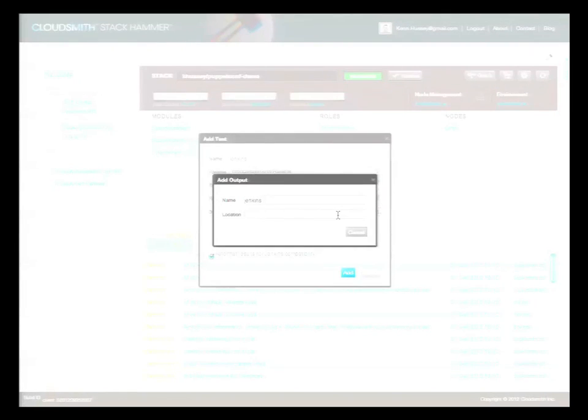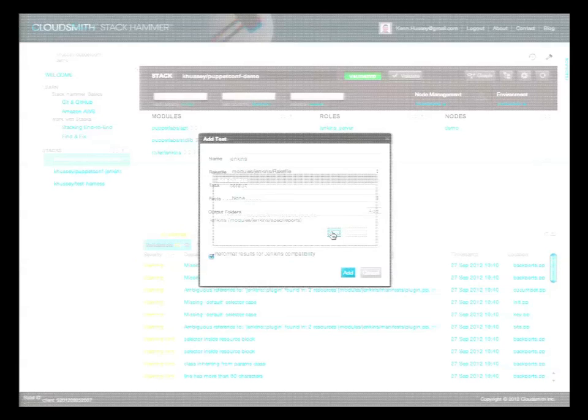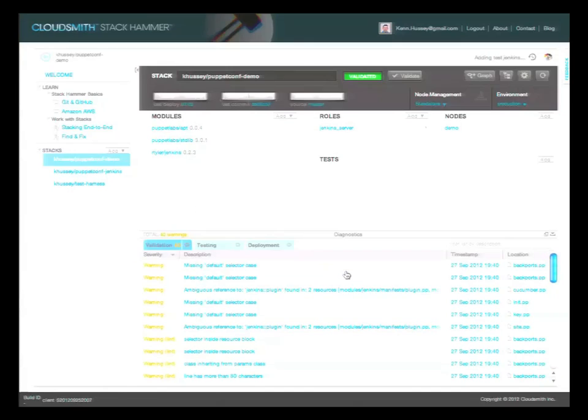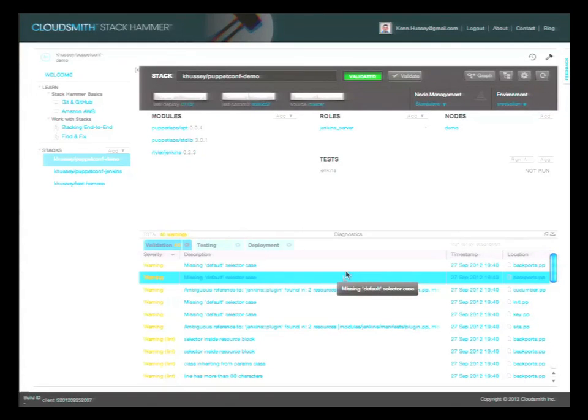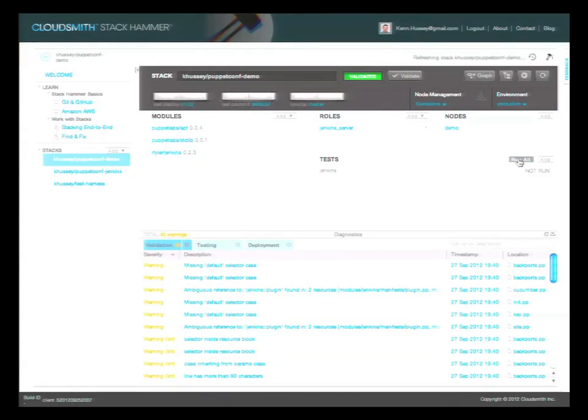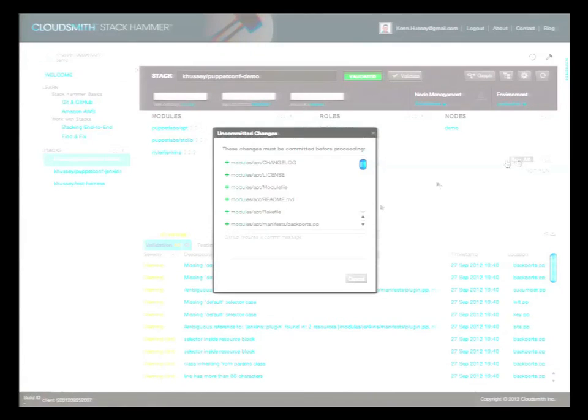So I'll give it the output location, which is modules Jenkins. So I just told Stackhammer about that test, and now I want to run that test. So I'm going to go ahead and tell Stackhammer to run it. So again, RSpec-Puppet is free and available for use,